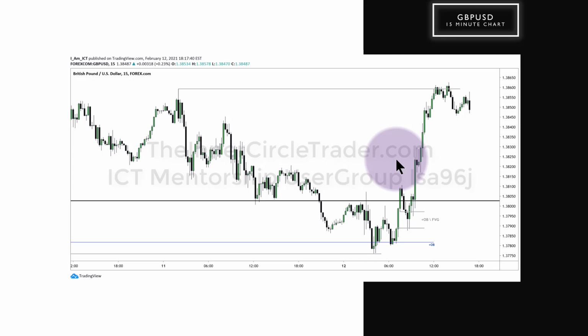Once it trades there and completely fills it in and moves away, we don't look at that as a one and done. It's likely to be sensitive in the future and multiple times. There's no limit to how many times it can react. Don't think like an order block as well. An order block can be traded to multiple times. And that's the nature of having a reclaimed order block. As long as the dealing range hasn't been violated above the bearish order block or below the bullish order block, the order block can be reclaimed indefinitely, as long as the dealing range is intact.